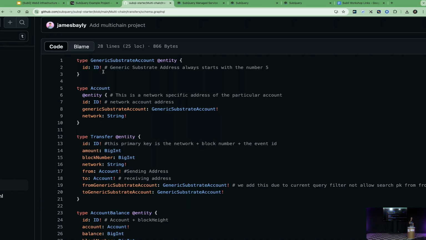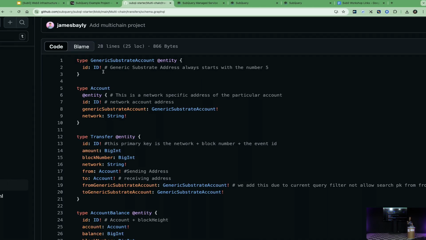We want to index data across different networks. We want to see how different accounts are sending and receiving some transfers. And there is something like a substrate generic account that can be retrieved from the transfer data. And this is different from the address of this account on Polkadot, or from the account address on Kusama.